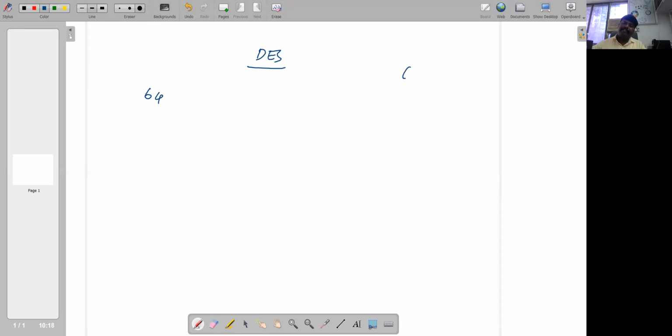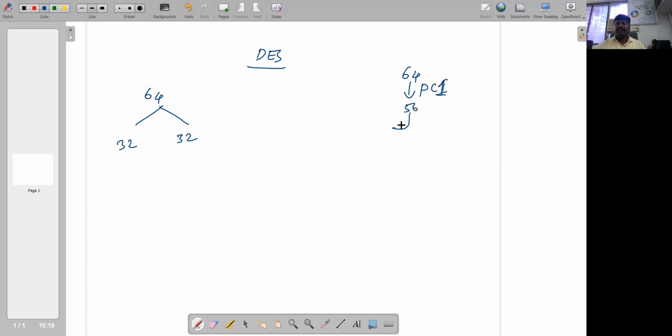Now this is divided into left 32 and right 32. The 64-bit plain text and 64-bit key. Using permuted choice 1, we are getting 56.